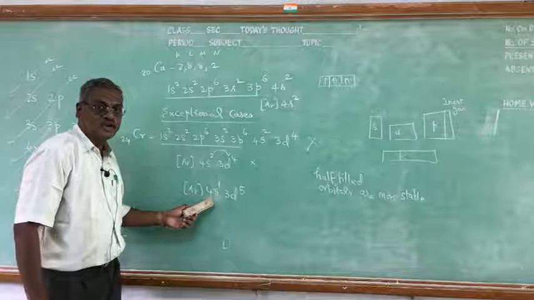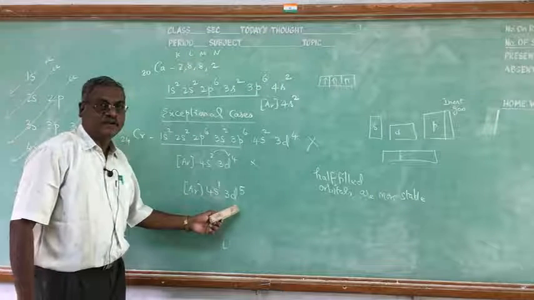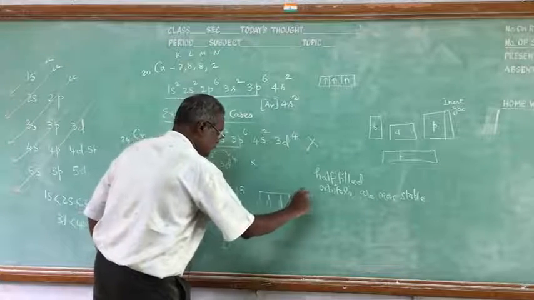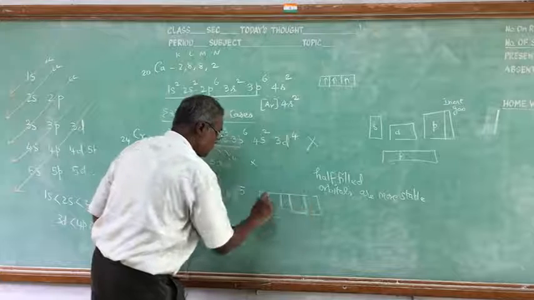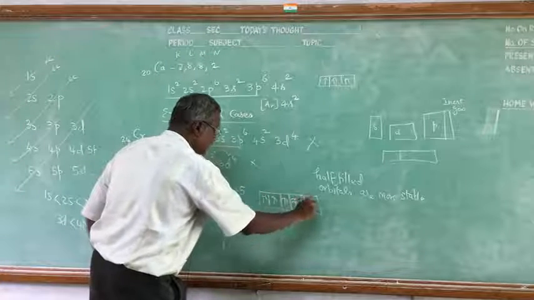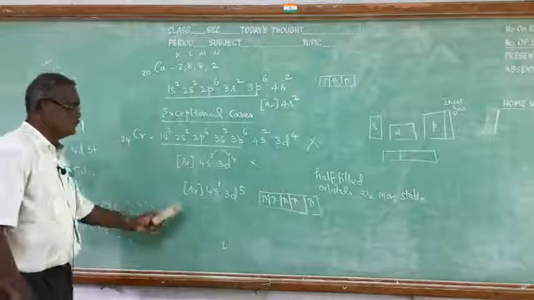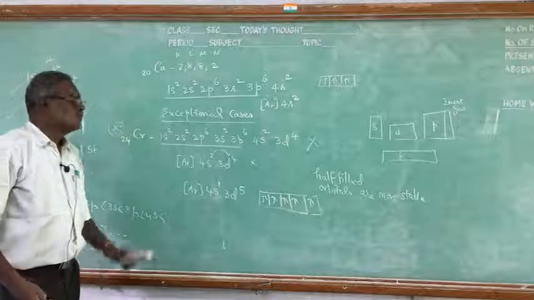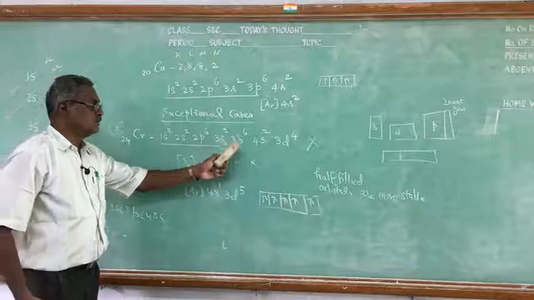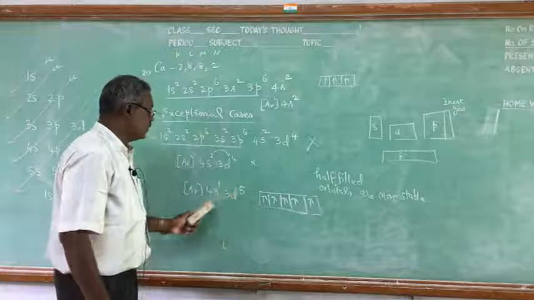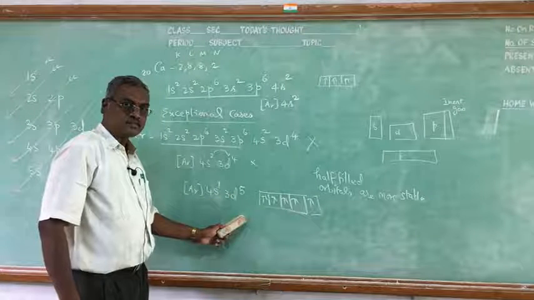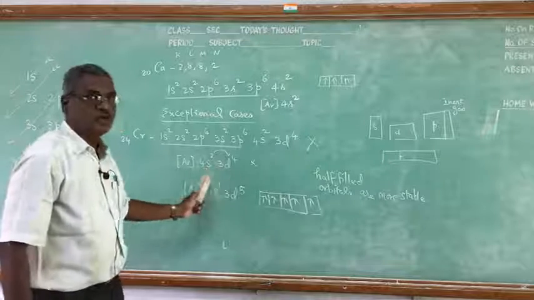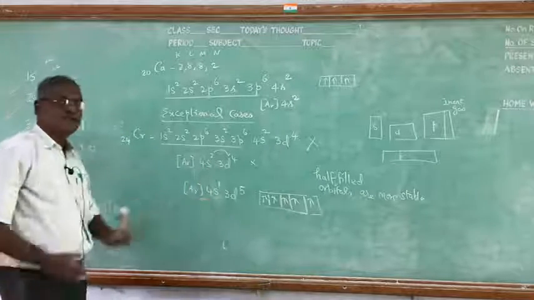Here the s orbital is also half filled, the d orbital is also half filled. For the d orbital we have to put 5 boxes, each box will have one electron, half filled. For the chromium exam they will ask many times: write the electronic configuration of chromium. You can write 1s2, 2s2, 2p6, 3s2, 3p6. Afterwards, very carefully, you have to write 4s1, 3d5. It should not be 4s2, 3d4. Actually 4s2, 3d4 would come, but here 4s1, 3d5.